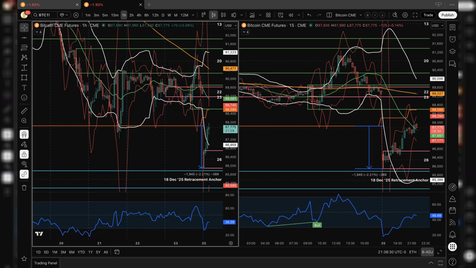As this extension developed, short-term volatility began to change character. On the 1-hour chart, the short-term Bollinger Bands widened steadily rather than all at once. This tells us that participation increased progressively as price moved lower, rather than appearing as a single burst of activity. Despite this growing short-term volatility, the longer-term Bollinger Bands did not expand meaningfully. They remained relatively contained, even as price moved further away from its recent mean. This contrast indicates that the market was probing lower prices aggressively on a short-term basis, but without confirming a broader volatility regime shift.